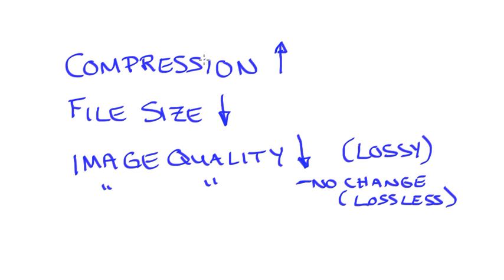So the relationship between compression and file size is inverse. As we increase one, the other one decreases. As we apply more compression in a lossy file format, we're throwing away more data. The image quality is going to go down. So there's this balance when we're using lossy file formats. How much compression do we apply? Well, the more we apply, we'll have a poorer image, but we have a smaller file size, which is very desirable